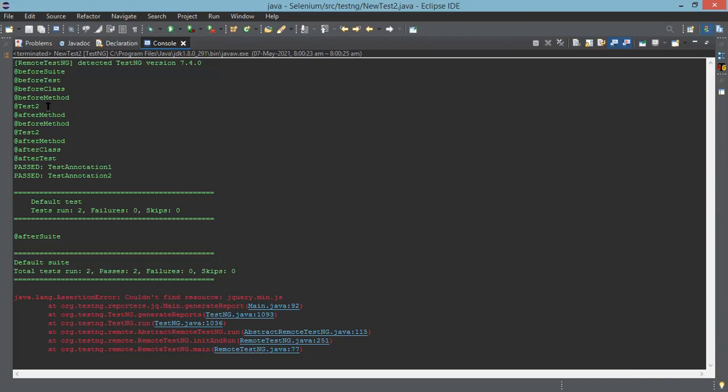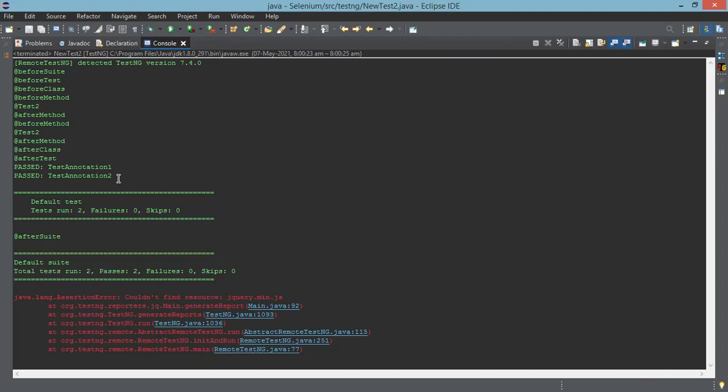Now, if you see here in this particular thing, you have executed 2 tests actually. You can see there passed: test annotation 1 and test annotation 2. Those are the names of the test annotations that you have given. You have executed only one class, but in that you have a number of test annotations. The ordering and all the stuff, we'll see. But what you need to know for now is only the ordering of your annotations part. Are we clear with this so far?